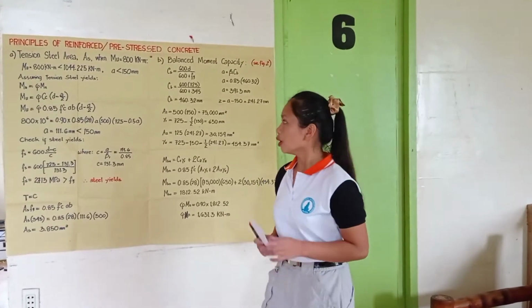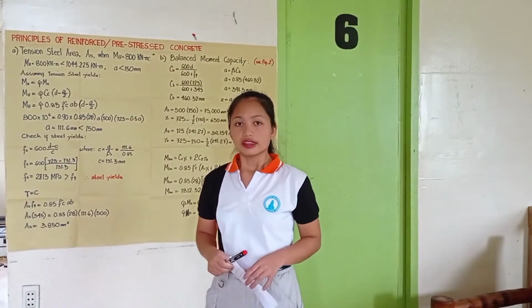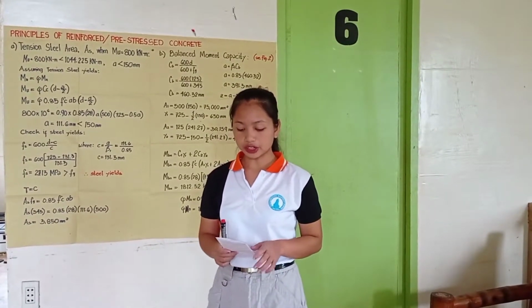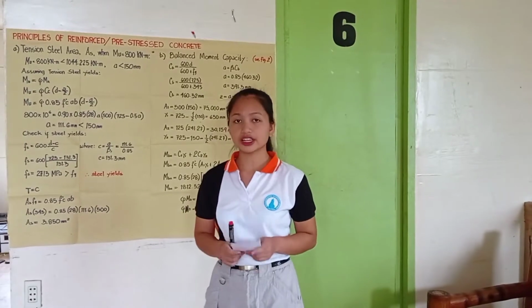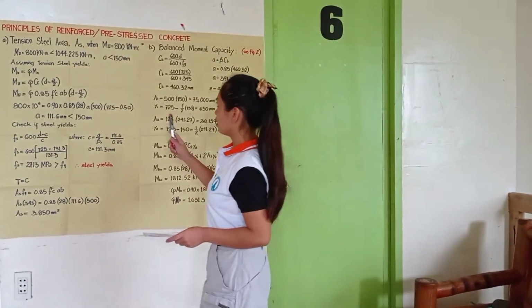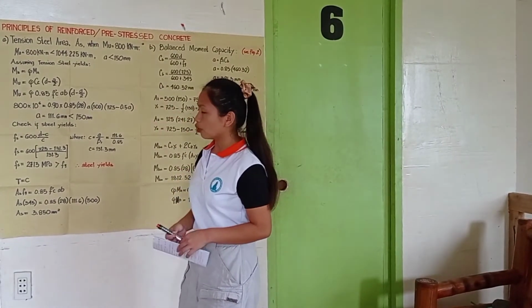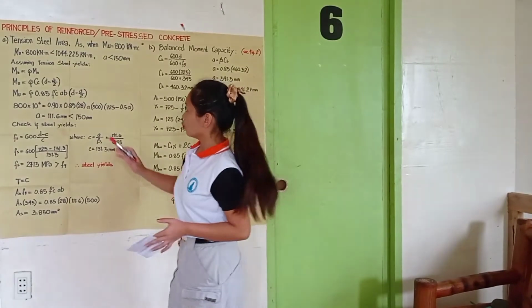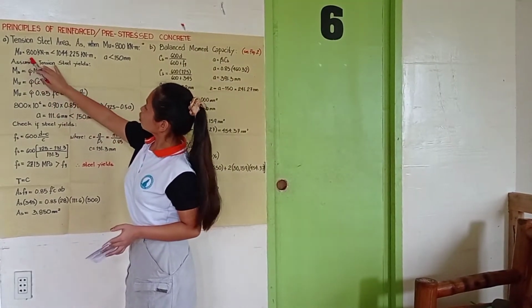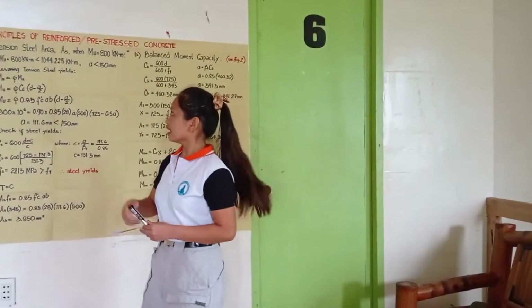As you can see, the solution we have done earlier won't do something with the solution proper about our problem. So for this moment, let's start solving the question for letter A, which is calculate the required tension steel area when our moment capacity Mu is equal to 800 kilonewton meters. So from our solution earlier, we can see that the required Mu, which is 800 kilonewton meters, is less than